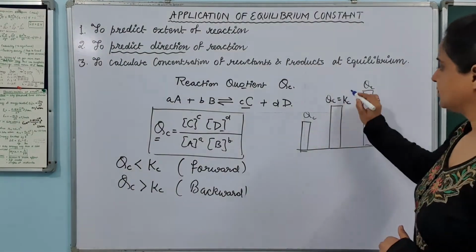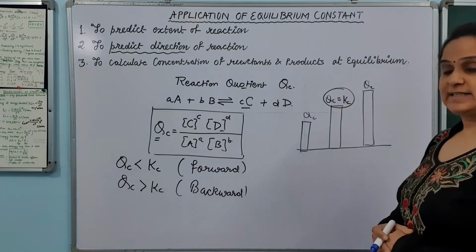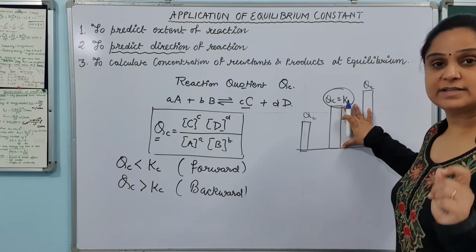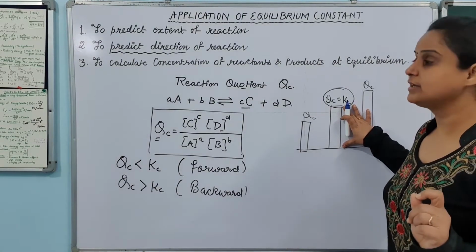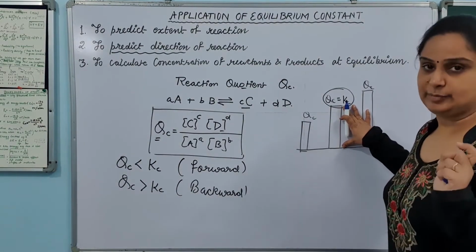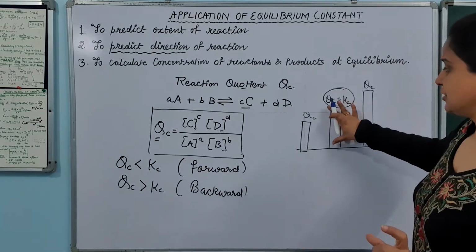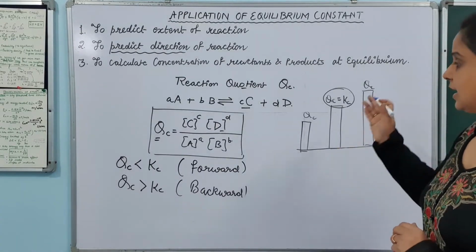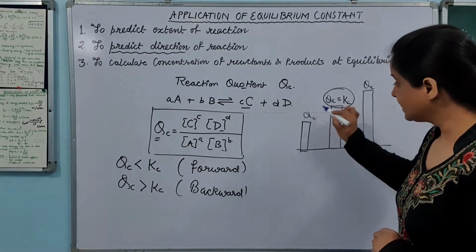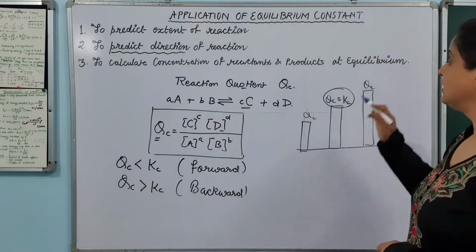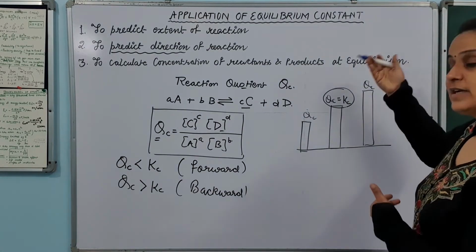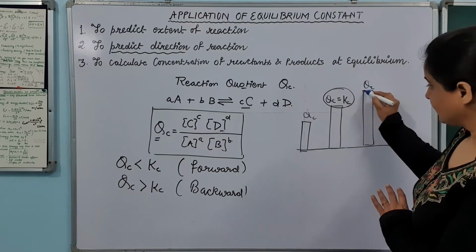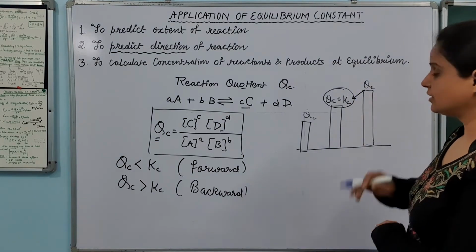So just imagine that in this particular state, this particular value is Kc, when the concentration of the reactant and the product, I can say, are at the equilibrium. So at equilibrium concentration, what is Kc? It is equal to this value of Qc. Okay. Now when your Qc is less than Kc, what will happen? And when your Qc is more than Kc, this pillar is indicating these values. If it is more, it will go to the back side.